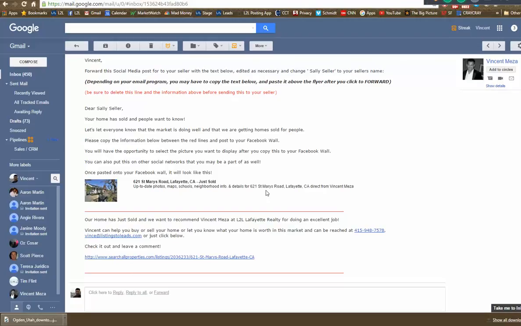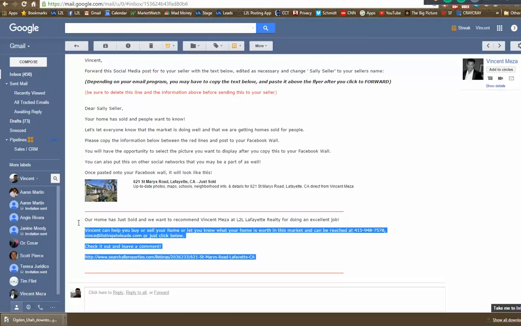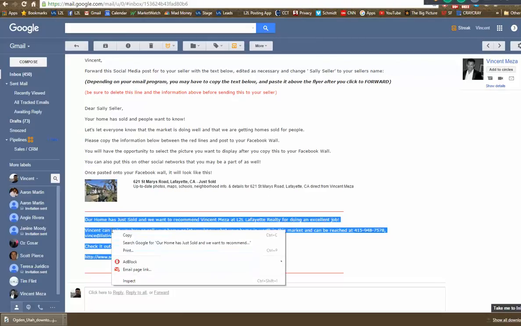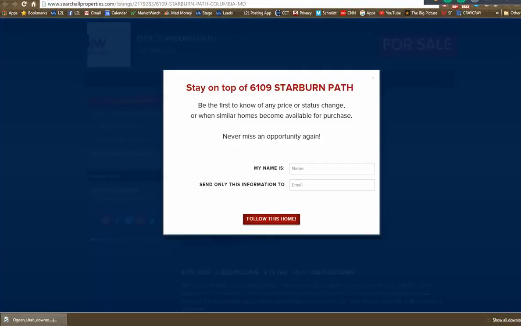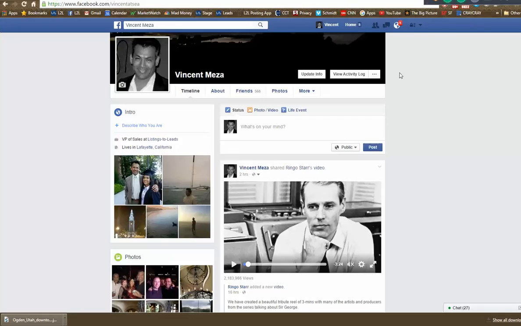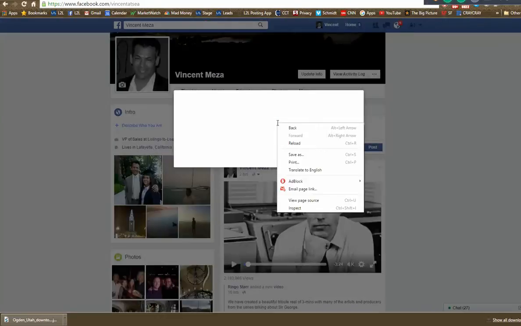And so when this comes to me as an agent, it's saying send this to your client and tell your client to copy what's between the red lines and put it on Facebook. Okay. And I'm going to show you that, because this is a free part. This does not require pay-per-click. When I go here and I paste that message,